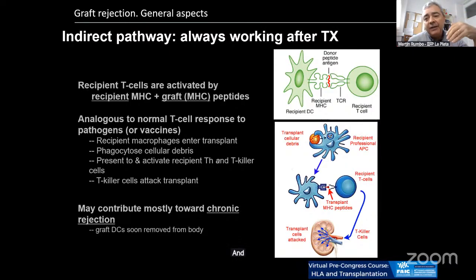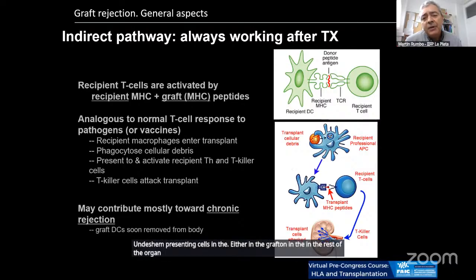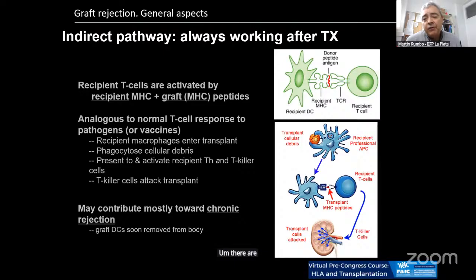Even if the donor antigen presenting cells are replaced by recipient antigen presenting cells, either in the graft or in the rest of the organism, there is a persistence of allopeptides or alloproteins, especially the MHC of the donor, that can be introduced into different antigen-presenting pathways on recipient cells, presenting donor-derived MHC peptides that activate